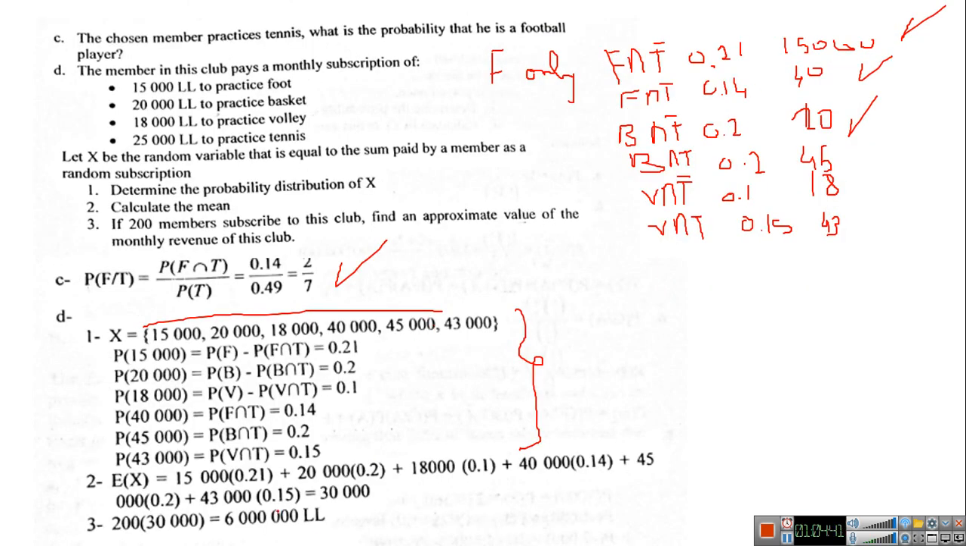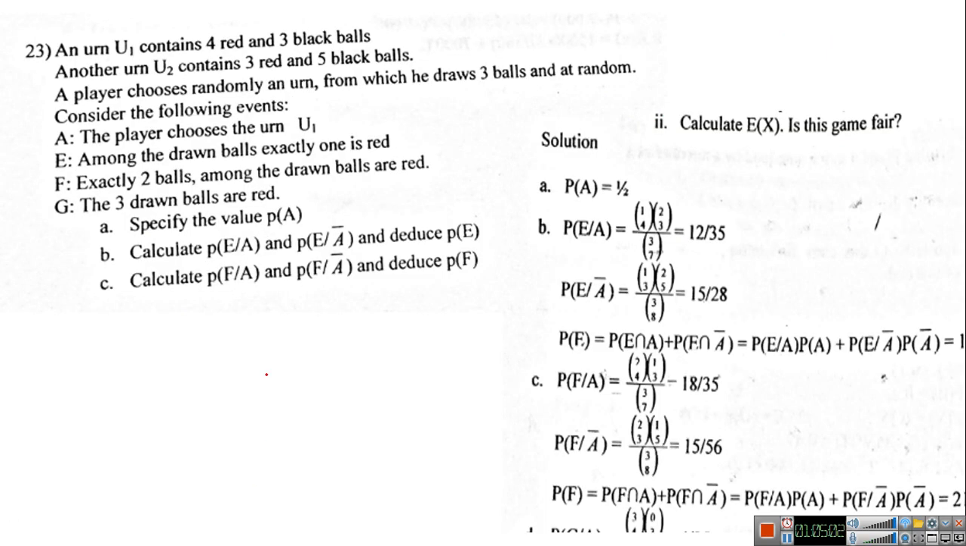Then what is the expected value? 15,000 times 0.21 plus 20,000 times 0.2, etc. So you are expected to get from each player 30,000. And if you have 200 players, what do you expect to get as revenue? It will be 200 times 30,000. You're going to get 6 million Lebanese lira. Okay, so